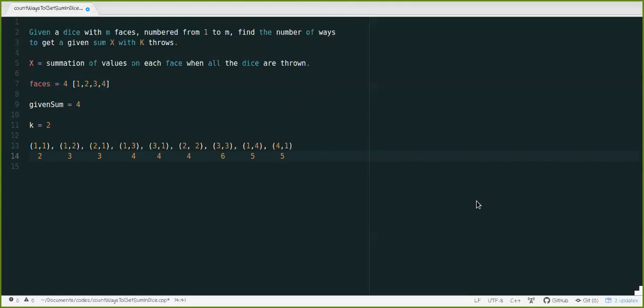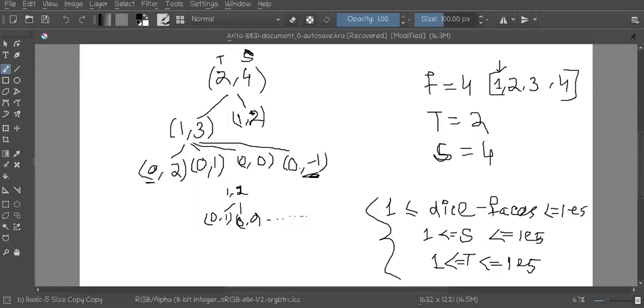So now I just want you to look at the diagram that I have drawn for you. I'll be explaining the same example right here, but here we will be understanding the fundamentals of how to solve this question.